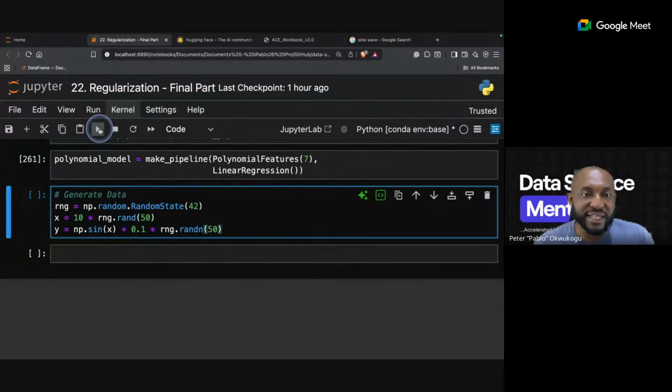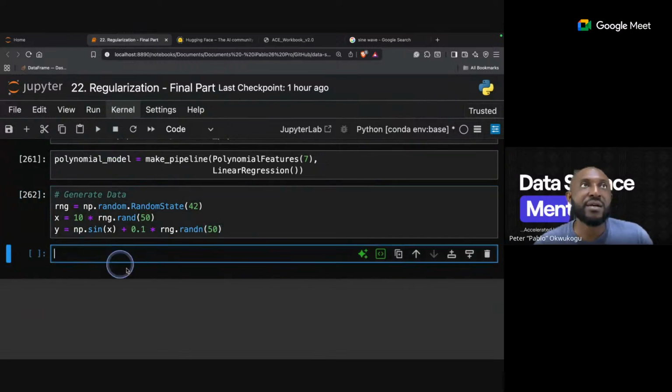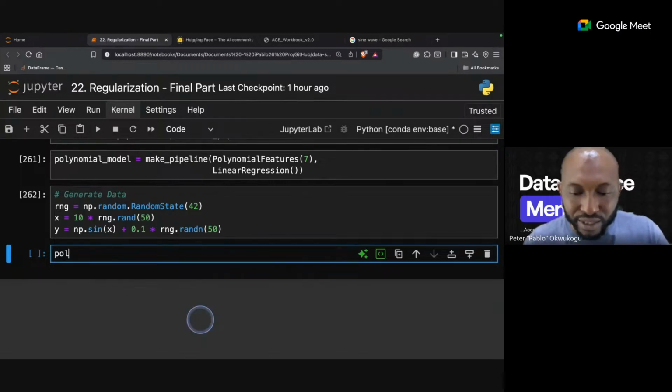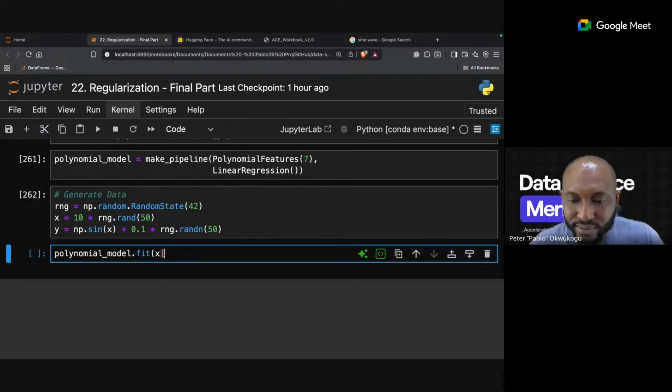With this, I will now call my model. I'll say my polynomial model, I want you to fit this X data, and np.newaxis, which makes it have n samples and n features.